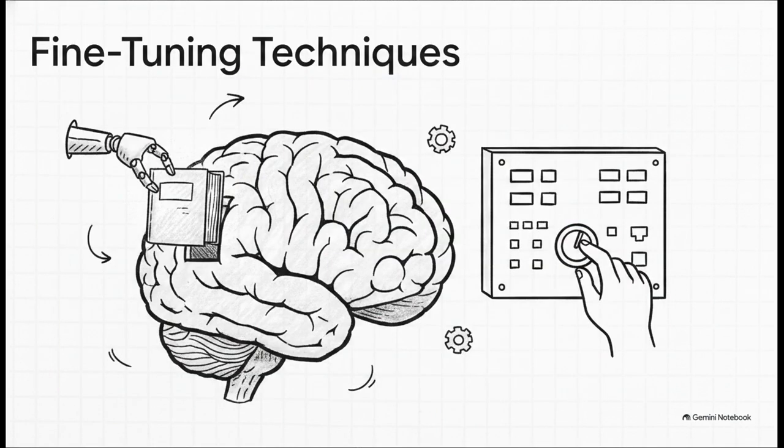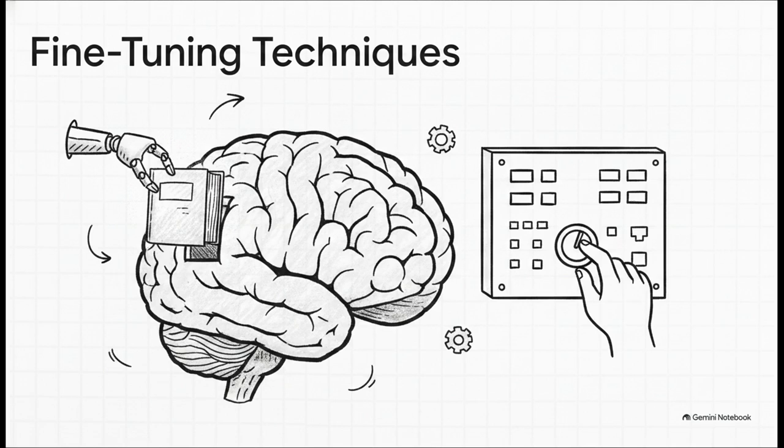And developers have some pretty clever tricks to customize these models even further without messing up the underlying structure. They use specialized fine-tuning techniques like LoRA and PEFT. The big value proposition here is all about efficiency. Instead of blowing massive amounts of computing power and money trying to train a giant model from scratch, these techniques let you adapt large models by just tweaking a tiny fraction of the parameters.